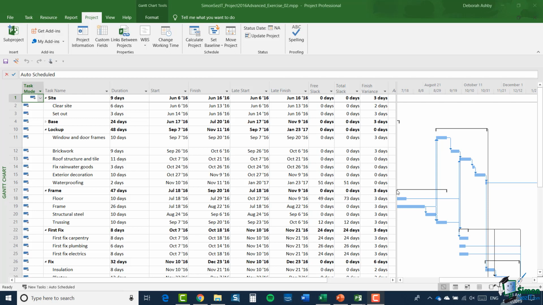Now many of the tasks don't have a variance, and some of the tasks have a variance of just 2 or 3 days. We particularly want to flag the tasks that have a finish variance of 5 days or more at the moment, so that we can address that before we go on to the next stage of planning. The way I'd like you to do this is to create a custom field, but a custom field of